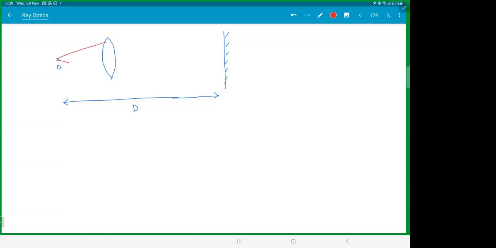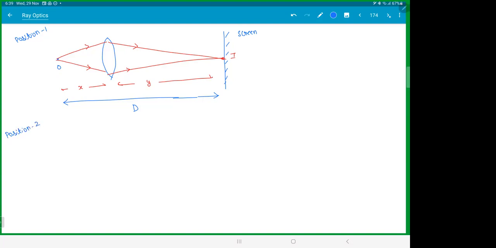So light rays will go through this and they form an image somewhere here. So let this distance be X and let this distance be Y. So this is position 1. Position 2,